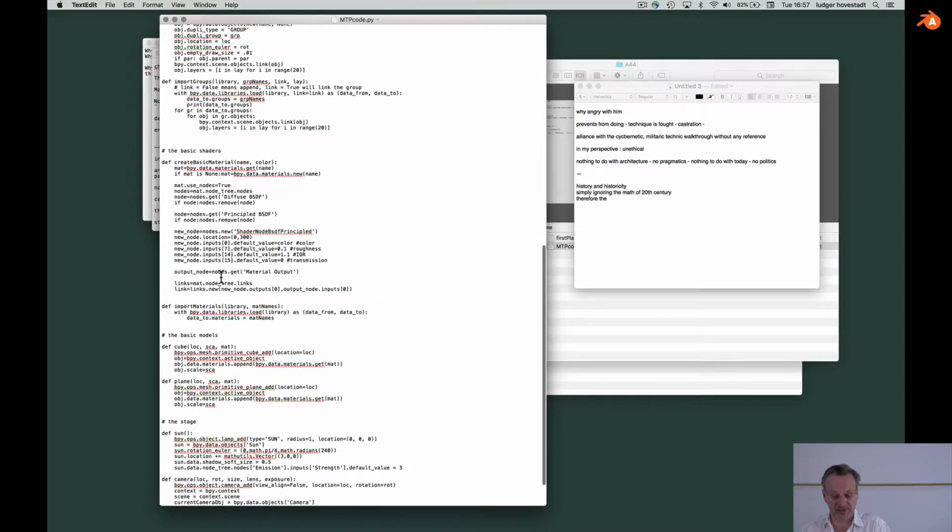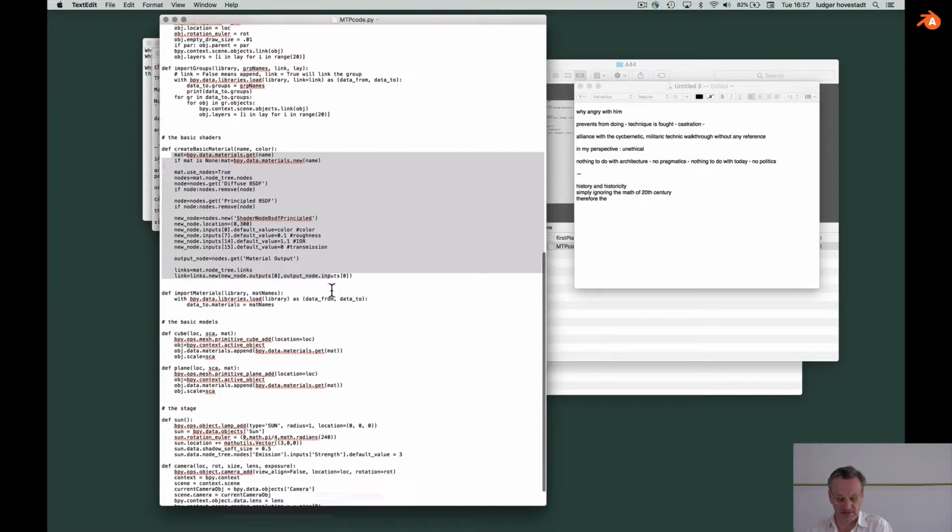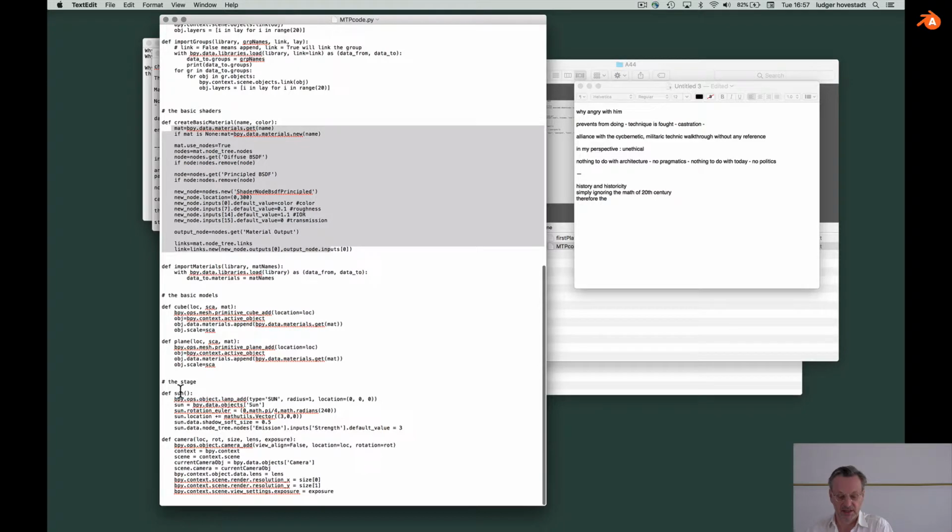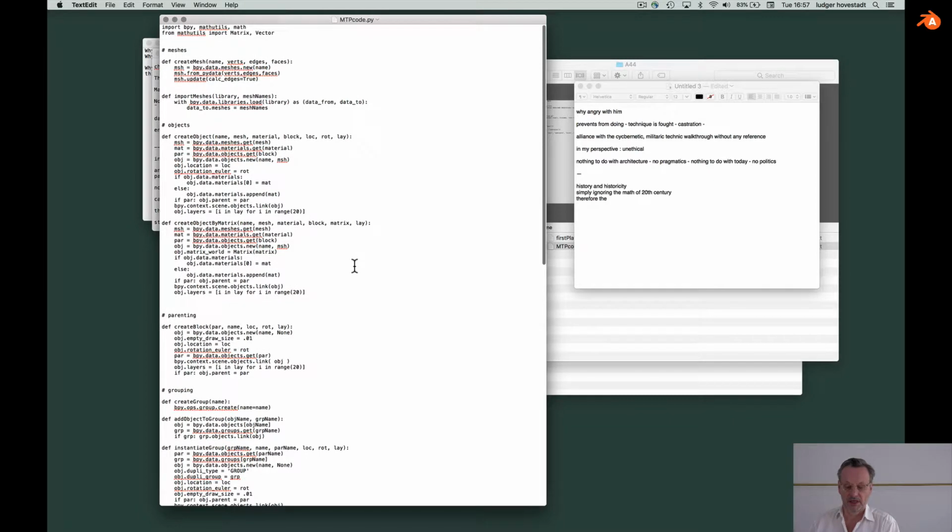And within, for example, here with the materials, we've seen in the last video, there are these complicated, not complex, but complicated chunks of code, and they got this name, and we have very few parameters, so we encapsulate, give them an interface, and say this is defined. So I take this name and give these few parameters, and then this thing is evaluated. So then the stage, we have the sun, we have a camera, import materials, and so on. So this given, we